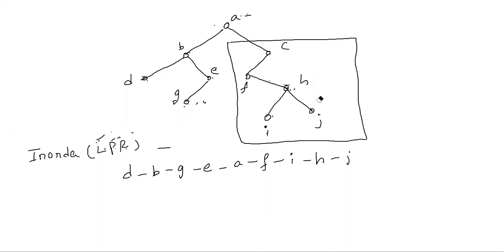Next. Listen here. For C vertex, left side completed. Parent, what is the parent? C. Write that C. C right side, is anything there? No. You stop here. Check it. All the vertices covered or not? 1, 2, 3, 4, 5, 6, 7, 8, 9, 10. All 10 vertices are completed. We have visited all the 10 vertices.